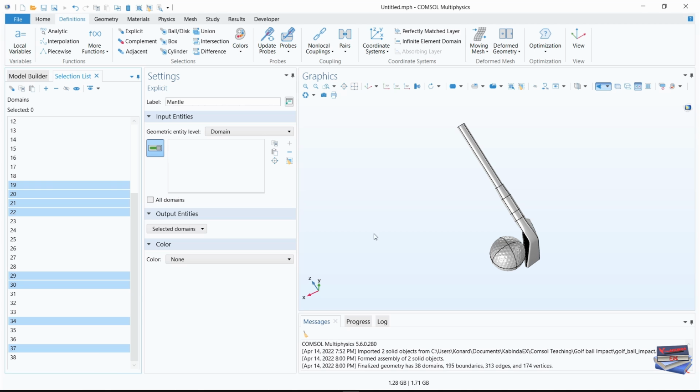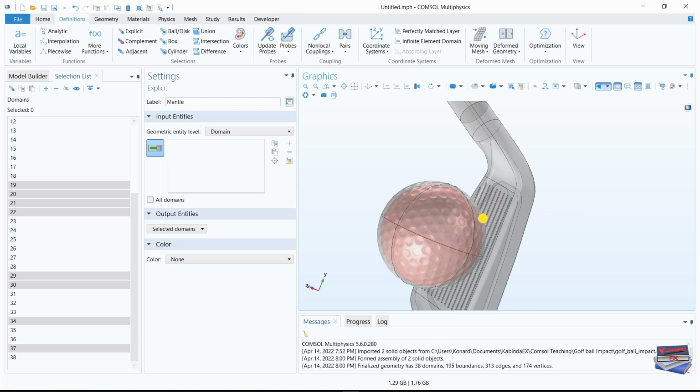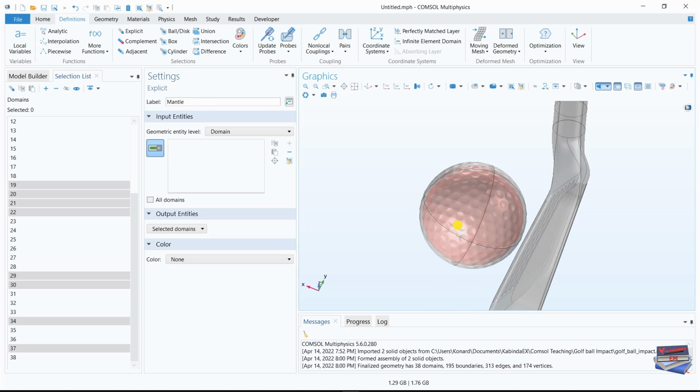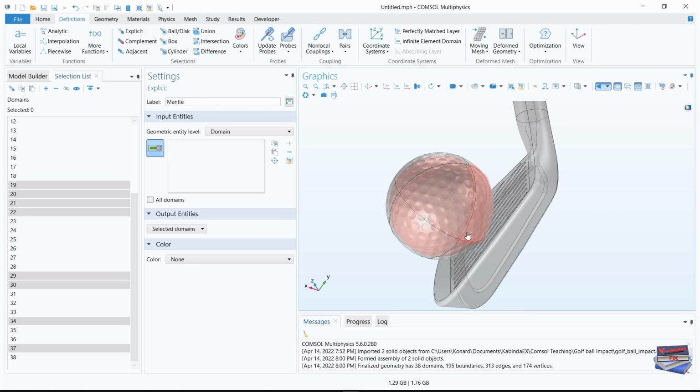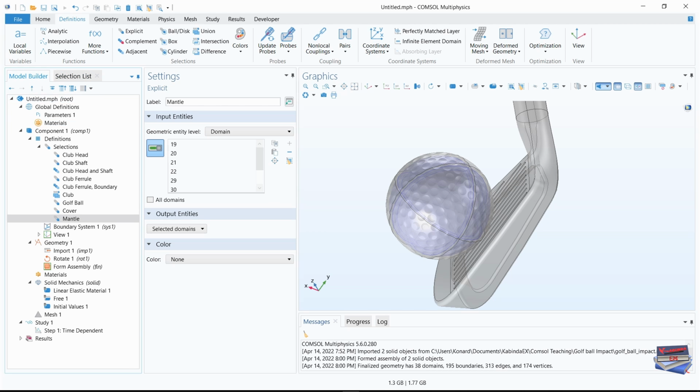Okay, before I add, I'm going to go to transparency in our graphic window, and if you use the middle mouse button and push it, hold it and push it away from your body, you can see the outer core, which is the mantle just underneath the cover of the ball. Now we can click on add, go back to the model builder, and let's go a bit deeper into our